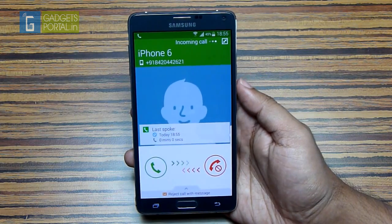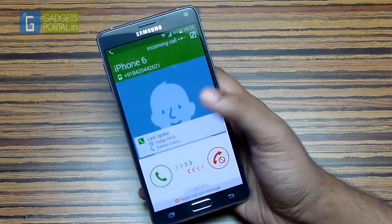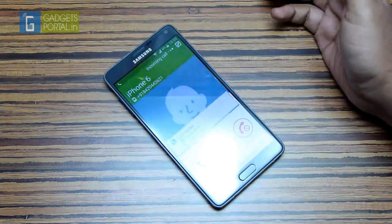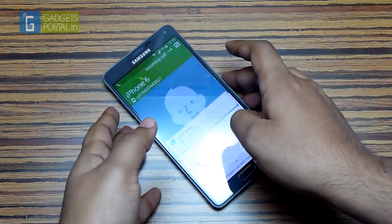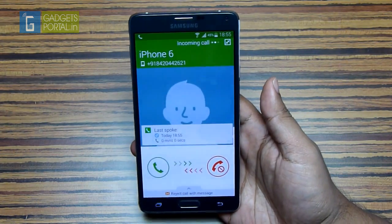When you receive a call, as you know, you can silence the ringtone just by flipping the phone or hitting the volume rockers, but the more interesting and fastest way is to just put your hand on the screen. Suppose you are in a meeting and forgot to silence the phone, then you can use this trick to turn